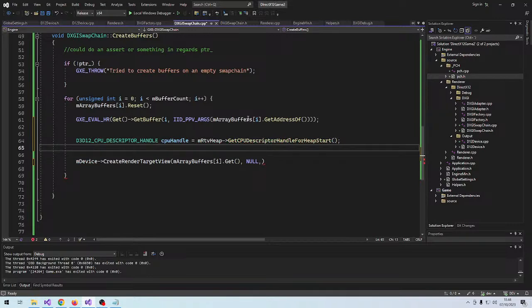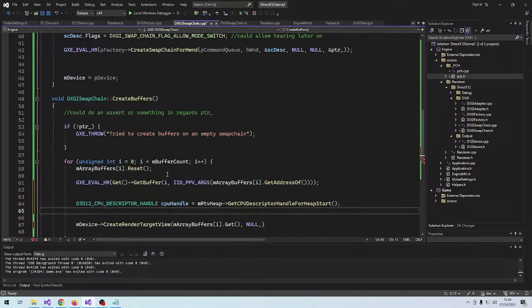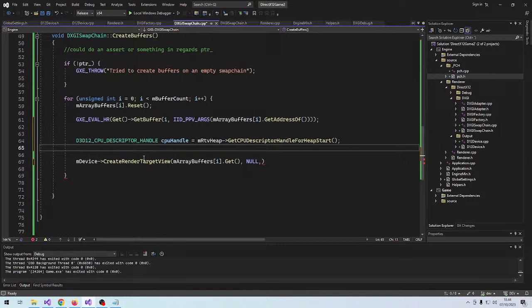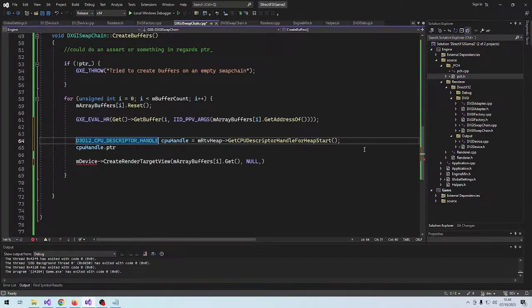So this can track where the descriptor heap is placed in CPU memory. And let's see, this structure also has a pointer. I actually think it's the only. Yeah, so the pointer gets initialized to the start of the heap, but we want to